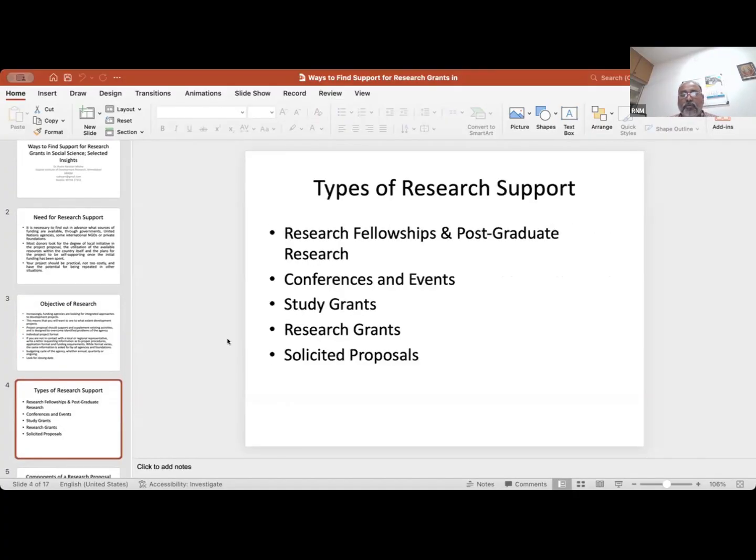So slide number 4, when we seek research support, broadly there are five kinds of research activities we undertook. First is the fellowships and postgraduate research, which is basically to train young researchers, students in higher education, to orient themselves for exploring new things in natural science as well as social science. Another research support is basically